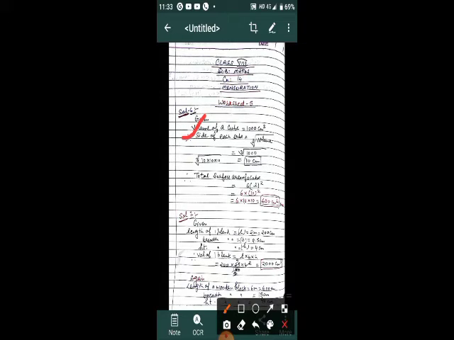Here cube 1000 is given, so we will find the cube root. It becomes 10. See here I have written for you. Then each side of a cube is equal to 10 centimeter, and the total surface area of a cube is 6 multiply L square. So you will multiply 6 into 10 into 10. It becomes 600 centimeter square.